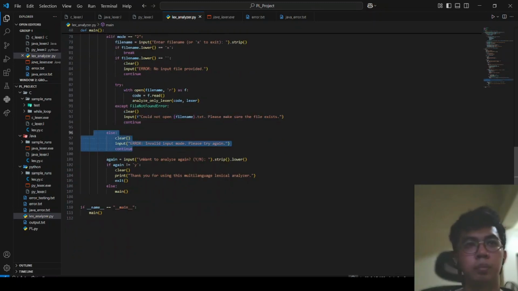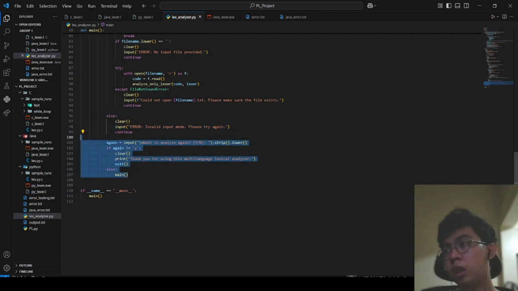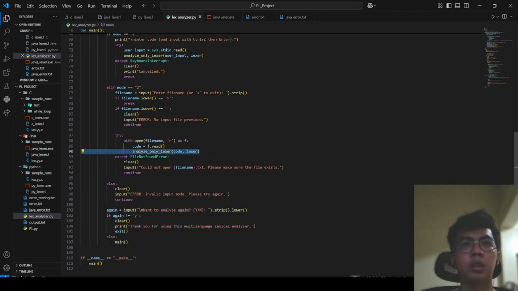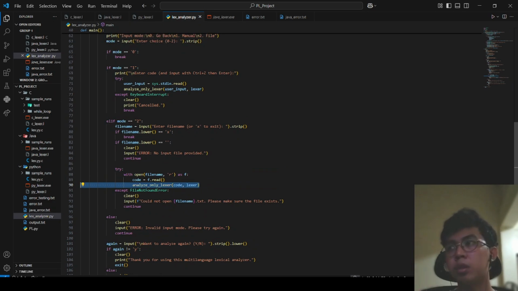And then, after finding the appropriate inputs, so let's say we have a correct input, it will analyze it and then output the output.txt.